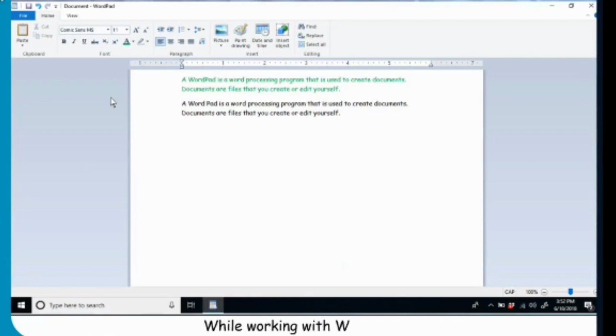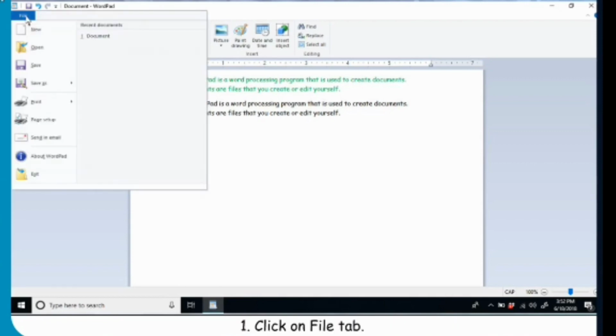Saving your work. While working with WordPad, you must save your text in the computer for future use. Storage is the process of saving your work permanently in the storage device like hard disk. Click on File tab.